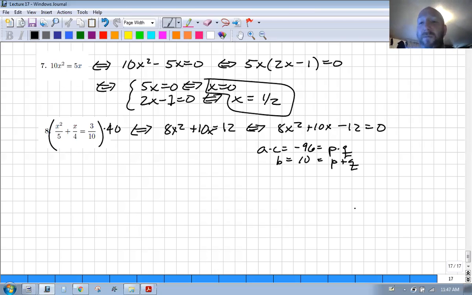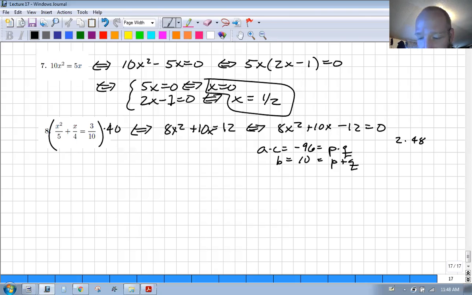So numbers that multiply to give us 96 but add to give us 10. Let's see here. Let's see, 96 divided by 2 is 48. We can do 2 times 48